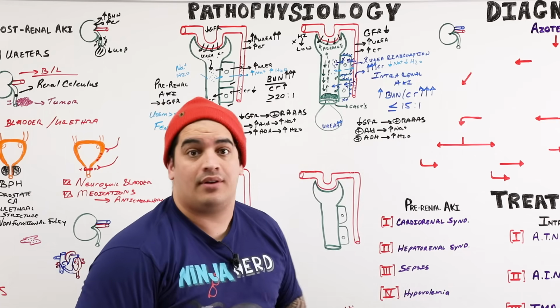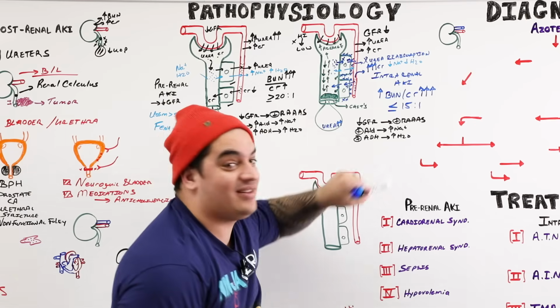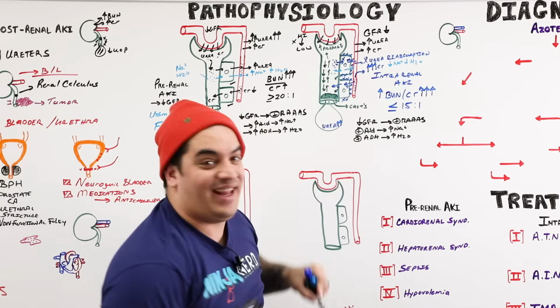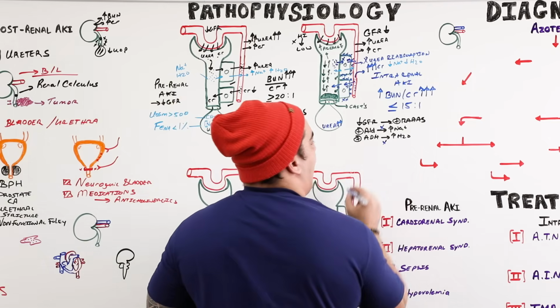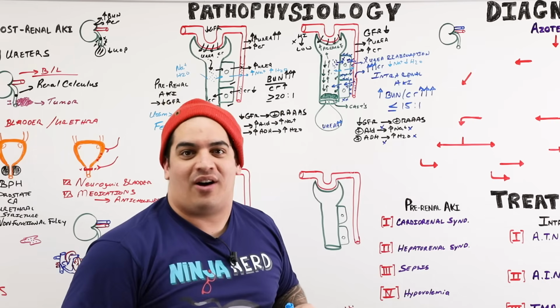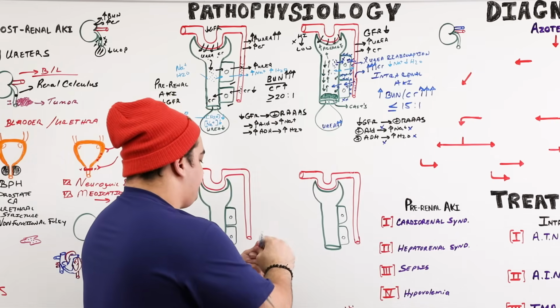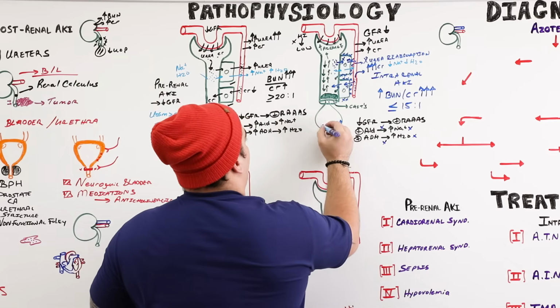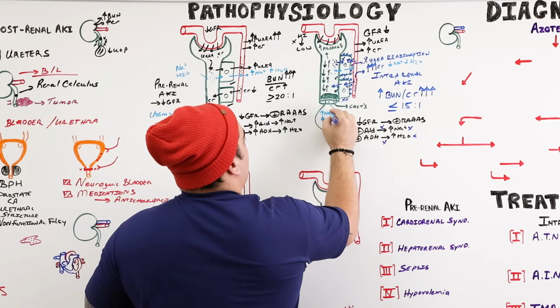Well, you make these hormones, but are the kidney tubules actually functional so that they can respond to the aldosterone and the ADH? No, they'd be all jacked up. This process doesn't happen. And so you actually don't reabsorb sodium and you don't reabsorb as much water. So where does the sodium and the water go? Into the urine, my friends. And so you end up with a lot of water in the urine and a lot of sodium in the urine.